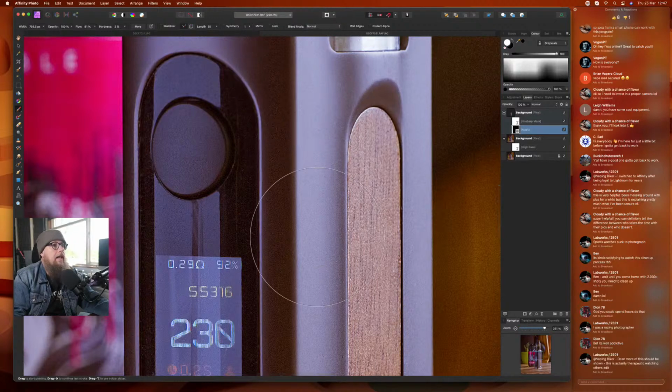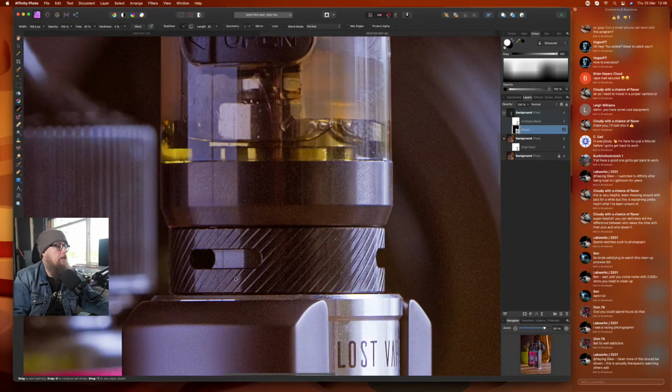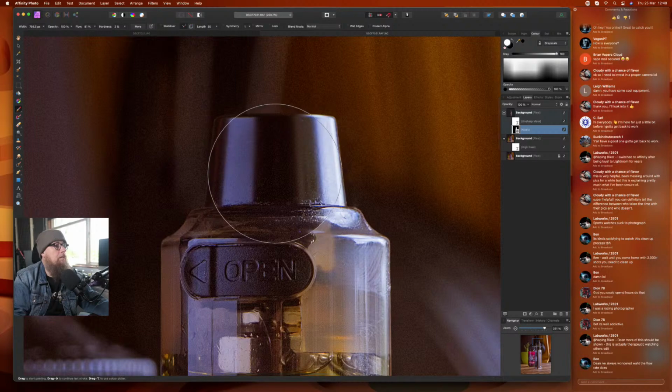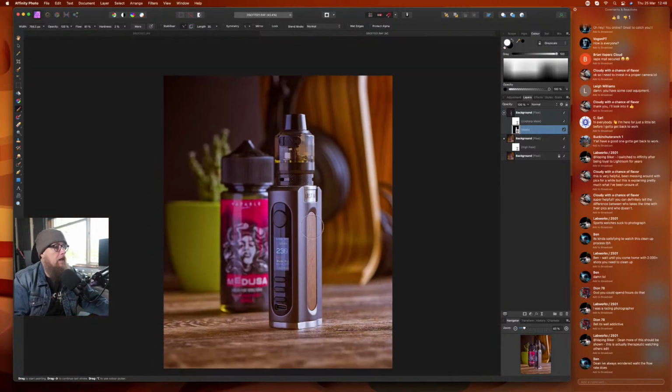And this again is why you really want to make sure that you've got a clean product, because the cleaner it is, the better it'll be. The reason I'm doing the sharpening after everything else is just because it's a bit of a pain to do it beforehand. Well, I suppose you can do it beforehand. Right, so